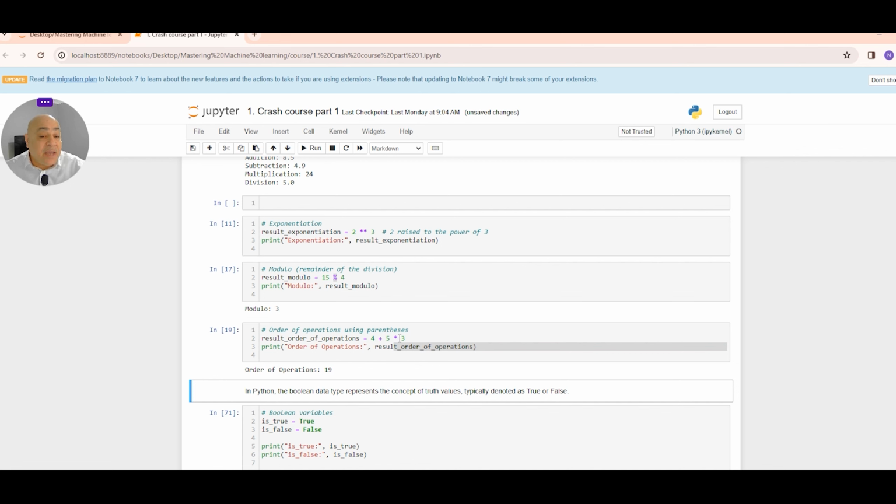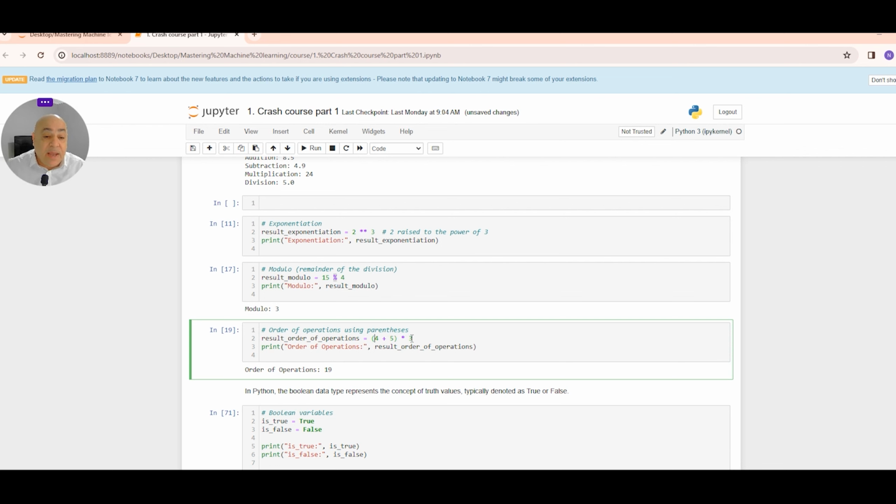Why? It's 19. 3 times 5 is 15, and you add the 4 to that, which gives you 19. Even though I didn't put a bracket around this, the priority between this multiplication and the addition is chosen by the system, and we call this priority. So if I bring this back as it was,